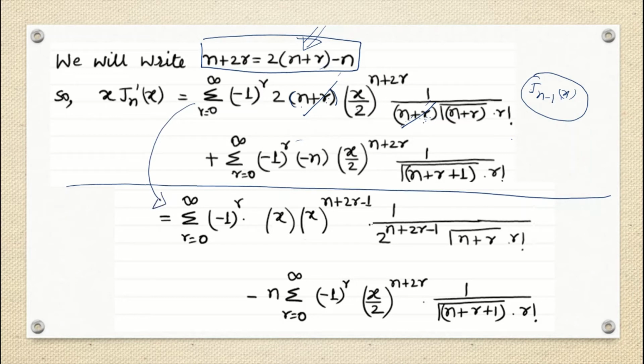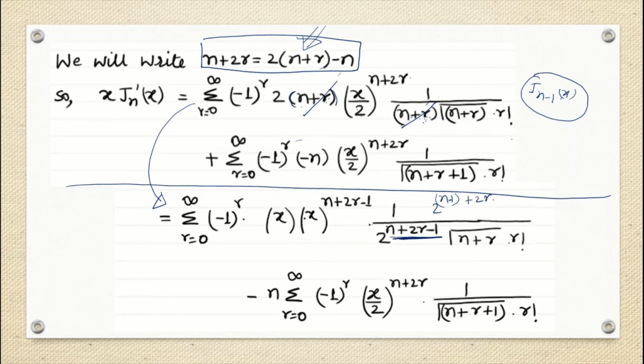Okay, and then what I can see here now, just see this first term. This is sigma r from 0 to infinity, minus 1 to the power r. Now if I make the arrangement for this 2 and even this 2, then this is 2 to the power n plus 2r, so I'm making it 2 to the power n plus 2r minus 1. This is giving me a hint that I'm coming into the n minus 1 order, right? This is nothing but 2 to the power n minus 1 plus 2r. Fine. So this is giving me the hint that this is correct.